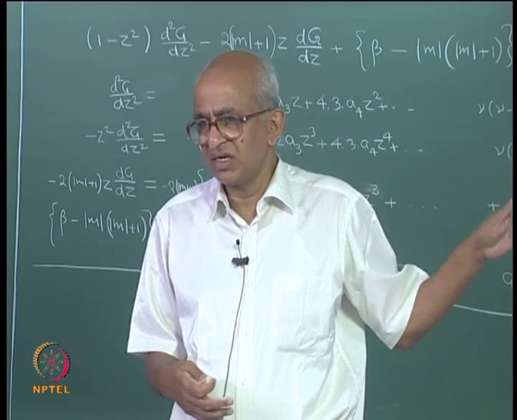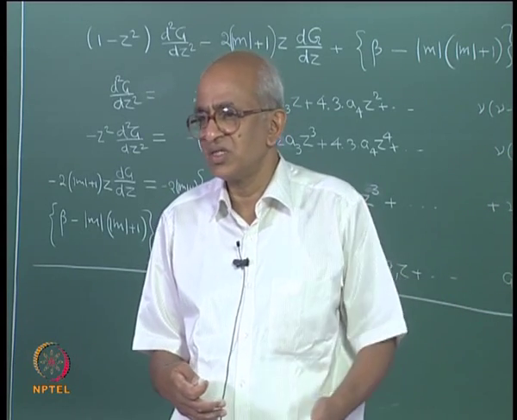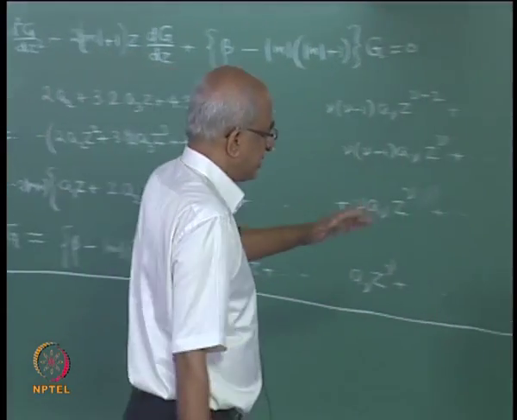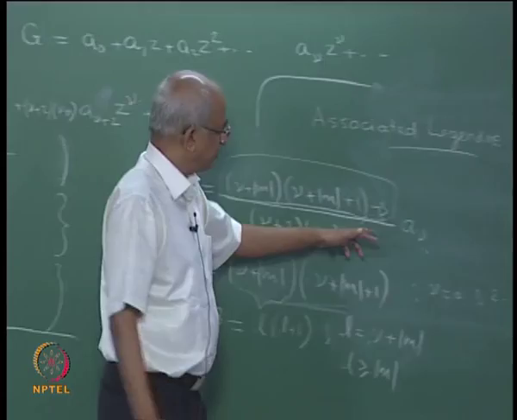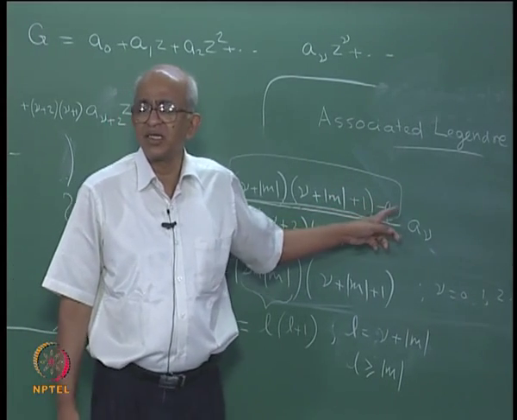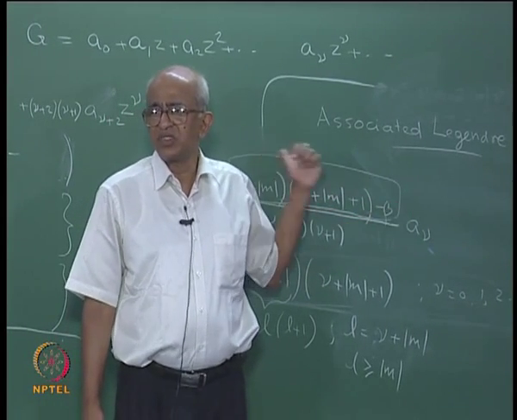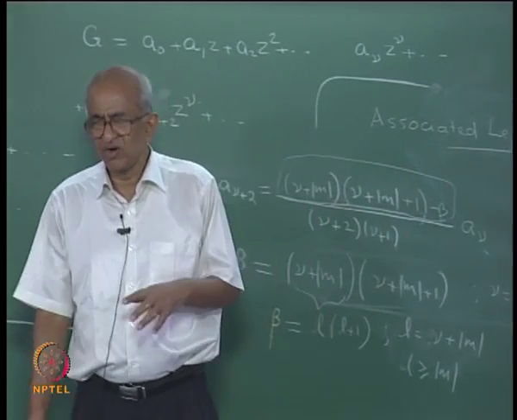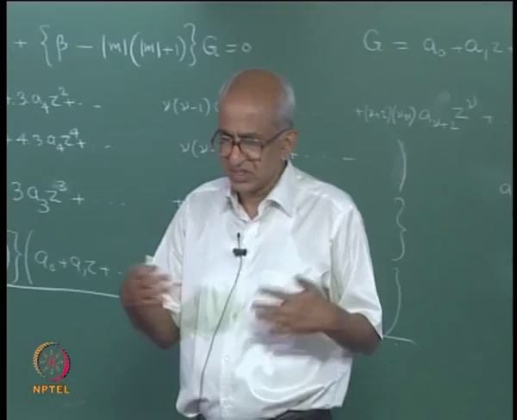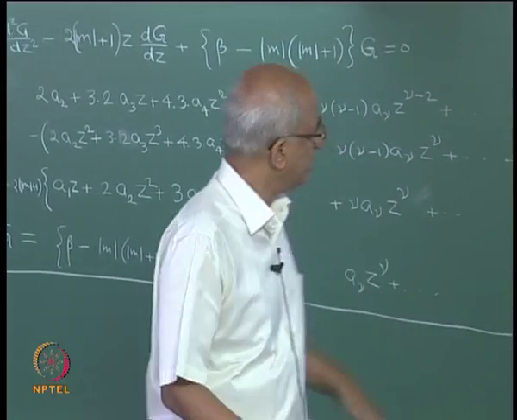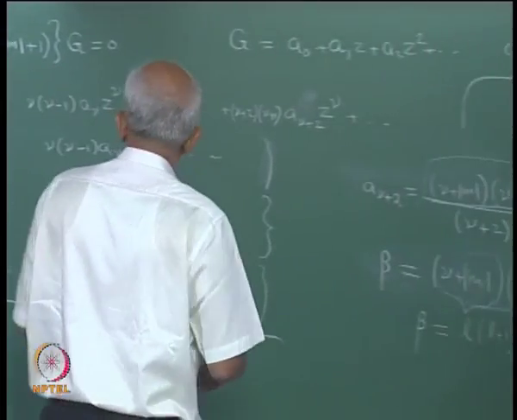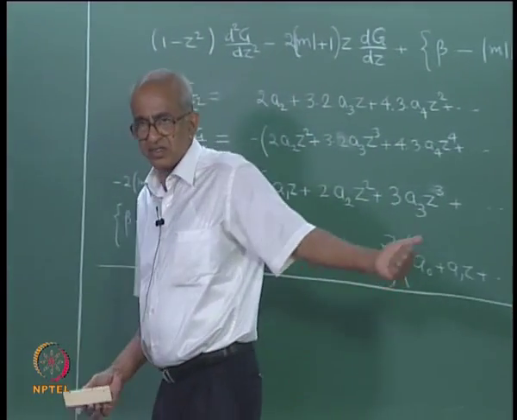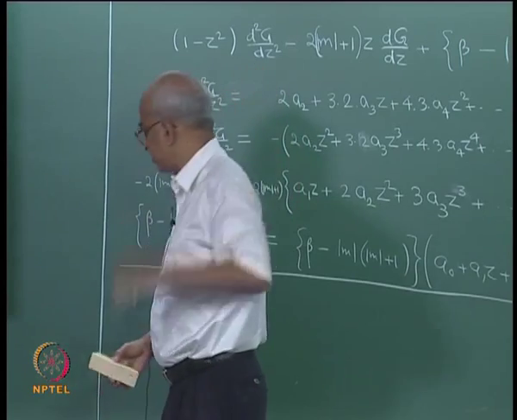I will give you the details of these functions later, and using those details we will just write down the functions, rather than actually deriving them. As I said, it is very easy, it is not difficult for me to find what those functions are. All that I need to do is use this recursion relation, and then I will get everything, but we will not do that, because the properties are all very well known. Okay, now with this let us look at the equation for capital R. We will come back to this when we look at the full solution.